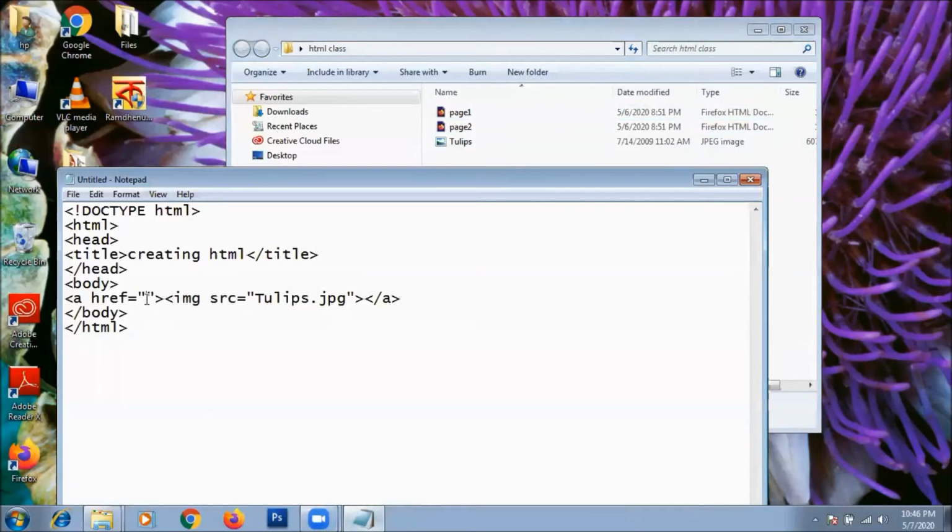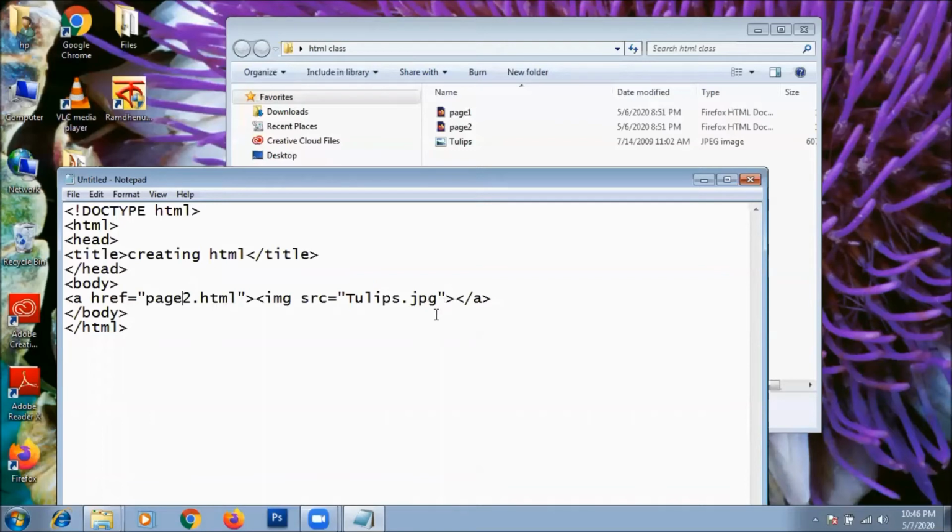Here you have to give the name of the web page where we have to jump: page2.html. The spelling should be correct. What we have typed is href equal to page2.html, the page where we'll jump to after clicking on this image.